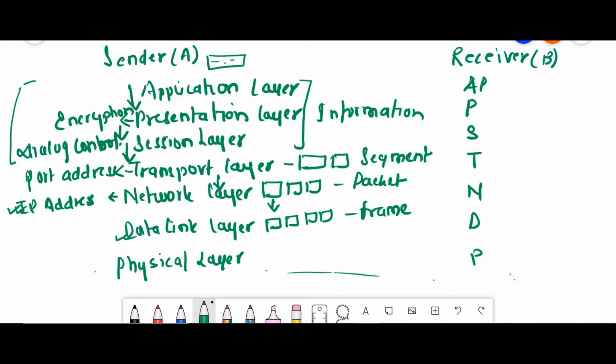What is the addressing in the data link layer? The address in the data link layer is called the MAC address or hardware address. MAC means media access control. This is the address that is given by the manufacturer at the time of manufacturing the device, so it is called the hardware address. The IP address, on the other hand, is given by ISPs. Other functionalities are framing, error control, flow control, etc. Next, this frame is further passed to the physical layer.